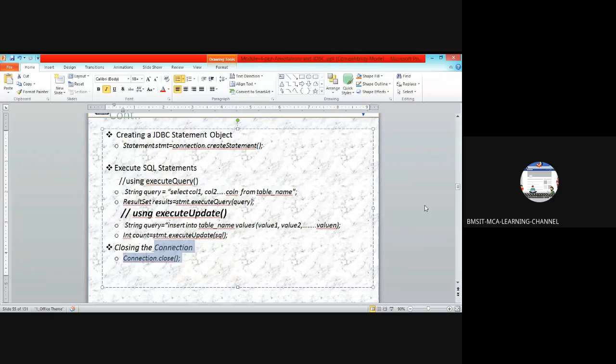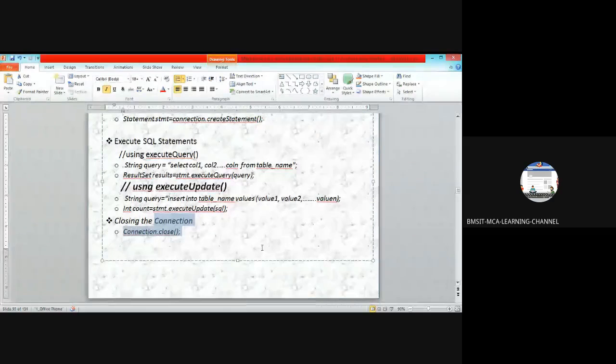These are the 5 steps involved in JDBC: establishing the database connection, executing the query statements, and closing the connection. Every JDBC application, every Java application which needs JDBC concepts, uses these 5 JDBC steps. Clear?